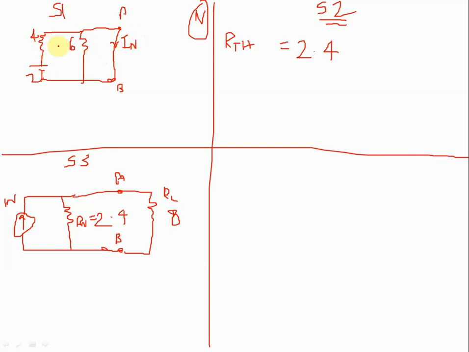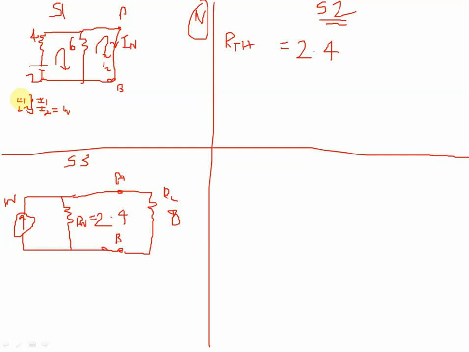Then what do I want to do? I want to find IN here. How to find IN? As usual, Kirchhoff voltage law. So this is loop number 1 and this is loop number 2. When you look at this line in loop number 2, it is an independent line, so I have considered it as I2. I want to write the loop number 1 equation and the loop number 2 equation, and then simplify to find I1 and I2. Once I find I2, I2 is equal to IN. That's all. So this is the method.